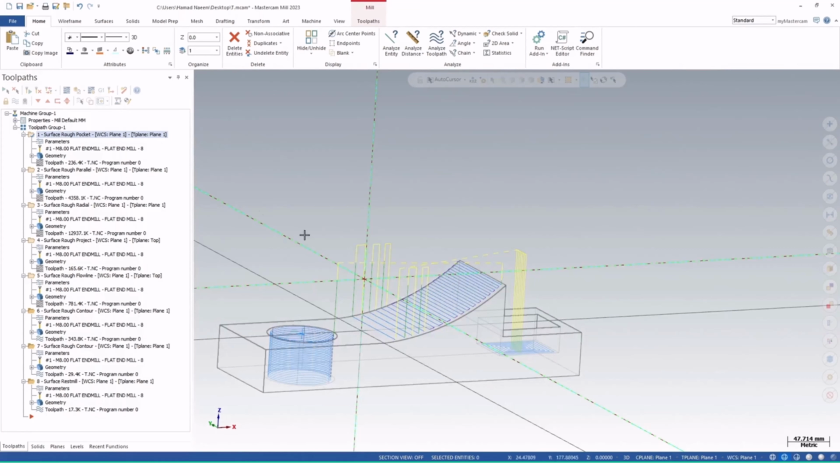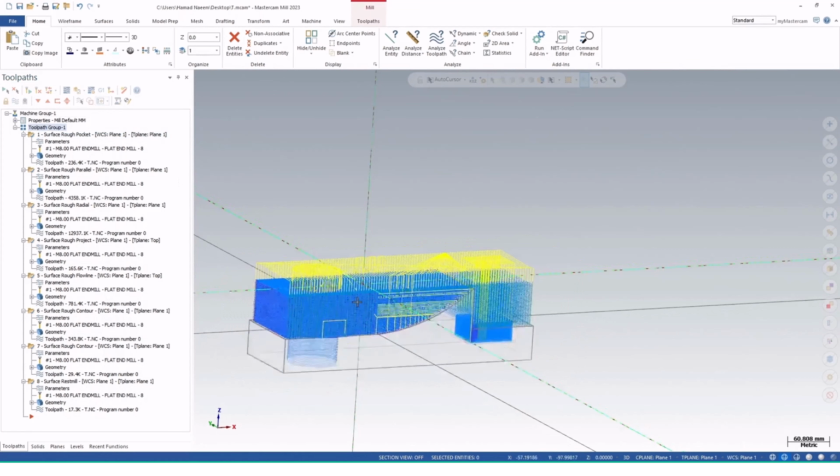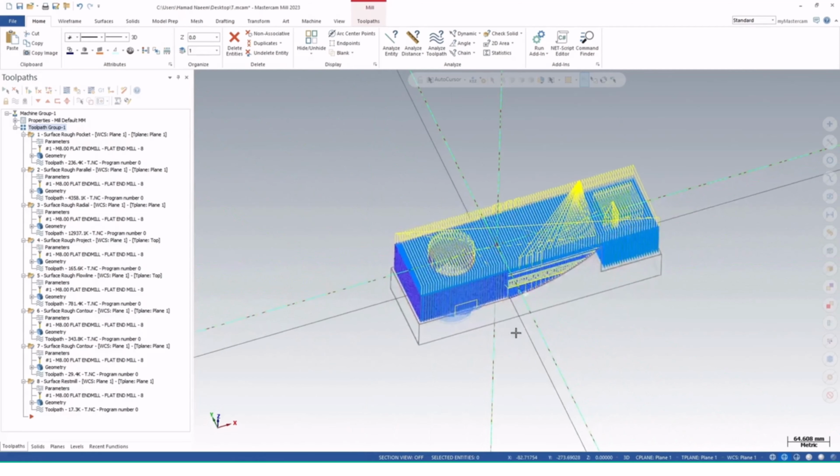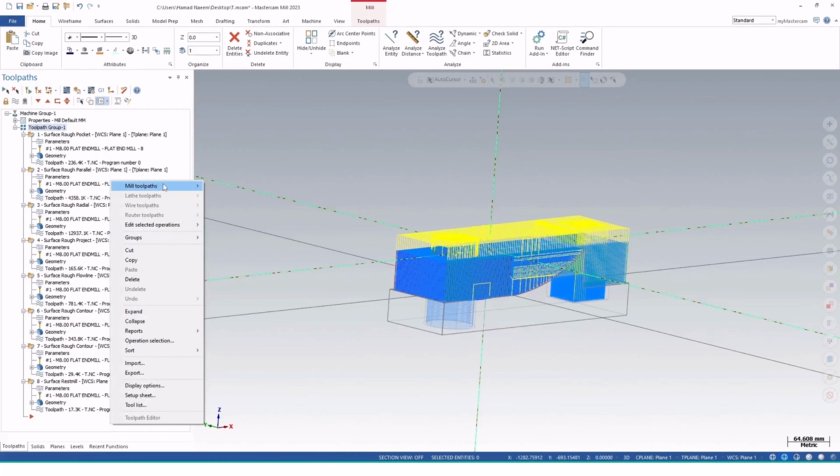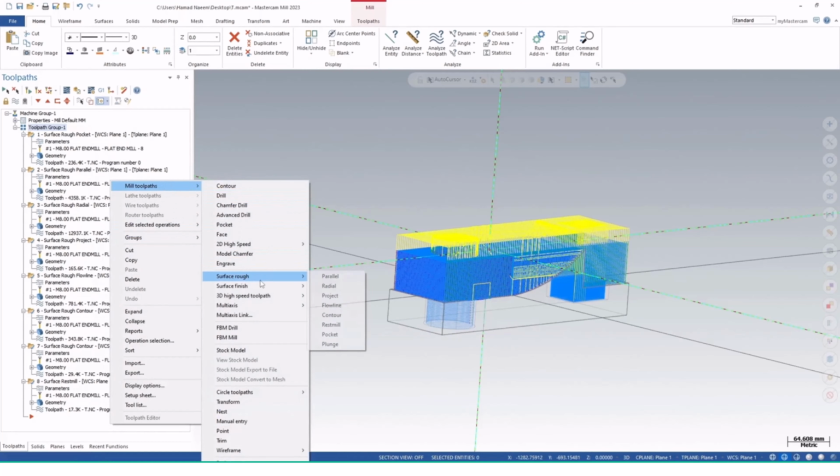So now let's go and select all operations here. We have all the operations here in the roughing operations. Go to mill. We don't use the plunge type operation here, but in the upcoming videos, in the next video, we'll discuss the plunge operations as well. So the next operation we have is the